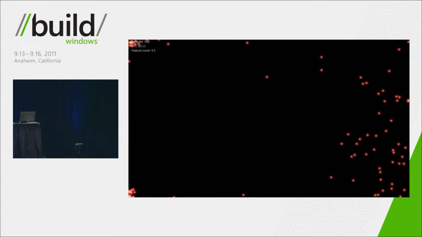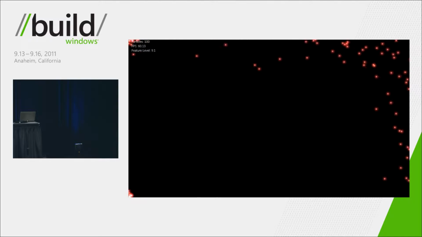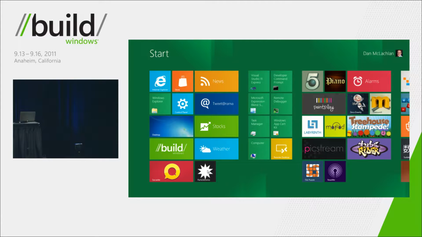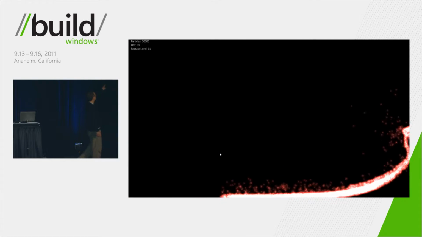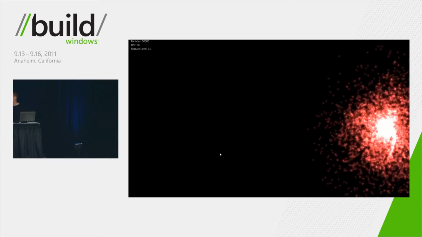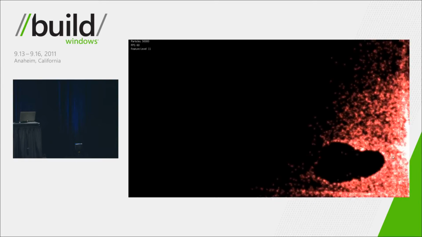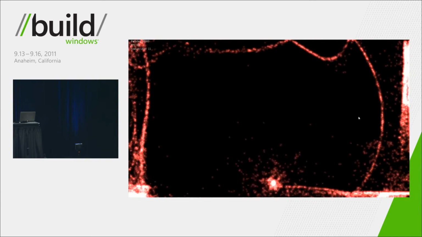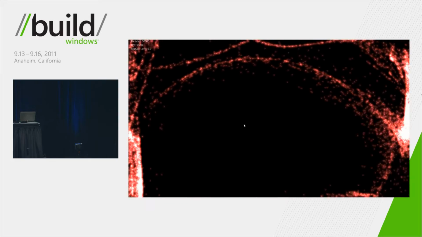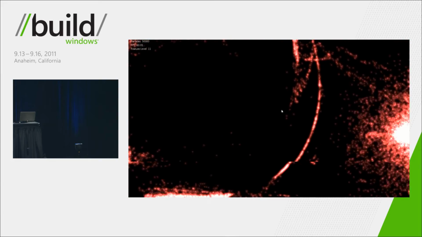Okay, so now let's move to our third laptop here. Now this is a high-end gaming system. It's a DX11 card, and you'll see a little bit of difference in terms of performance of what we get here. Notice that it's still computing, and it found that it tried at 20, and it's now up to 50,000 particles, and it's hitting 60 frames a second with no problem whatsoever. So you can see that with the same code, we're able to get a much richer experience because we can draw more particles on the